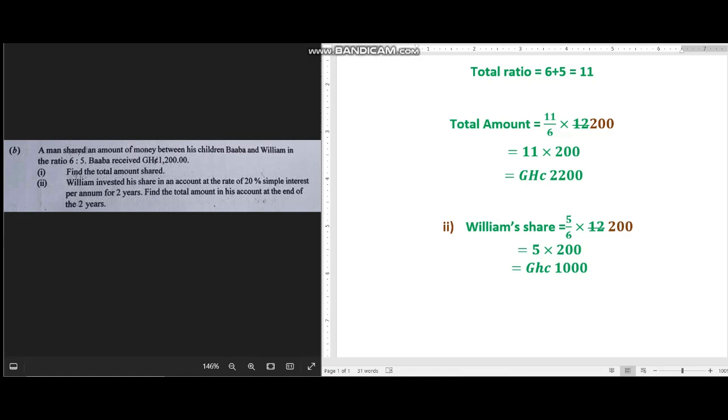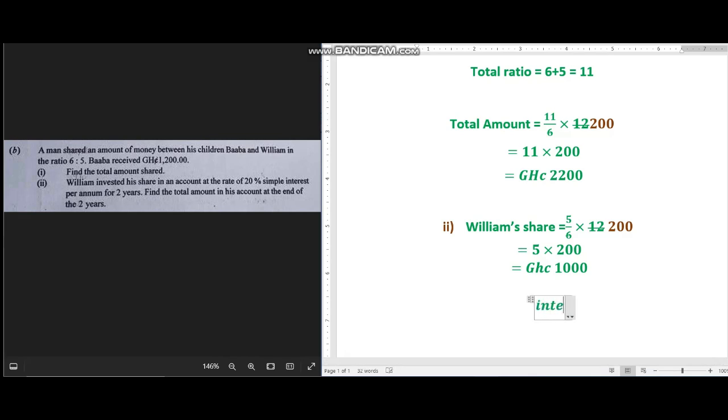William invested his share in an account at the rate of 20% simple interest per annum for 2 years. Find the total amount in his account at the end of the 2 years. Yes, so this step will bring us to simple interest. We know that simple interest is giving us